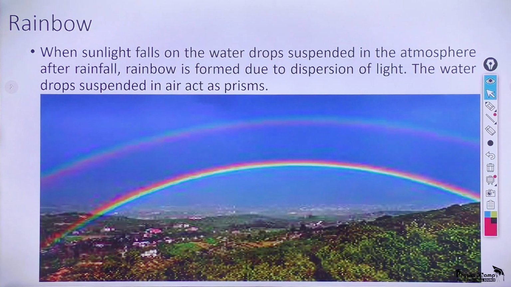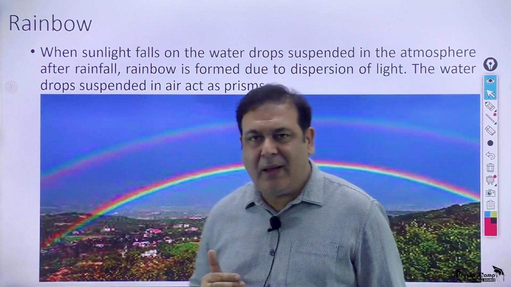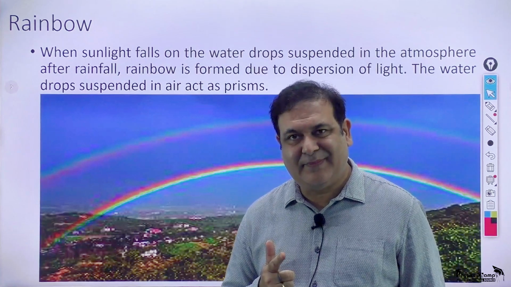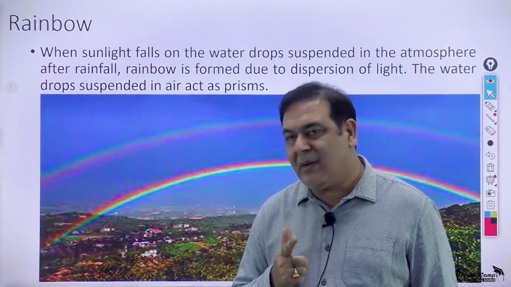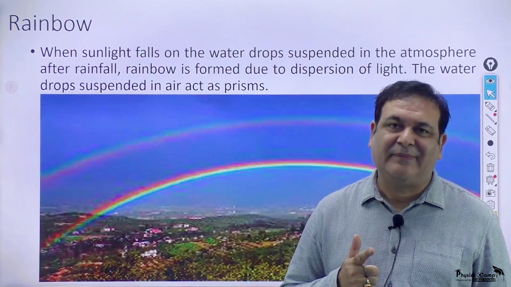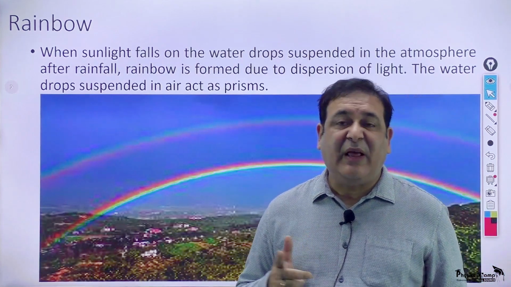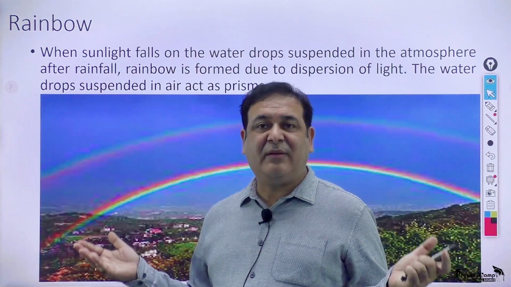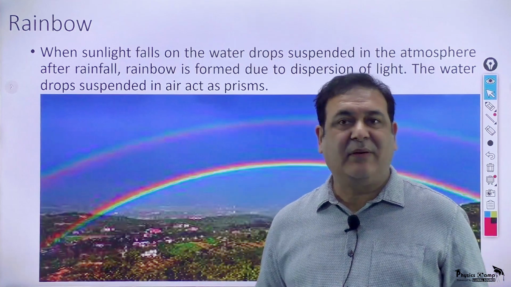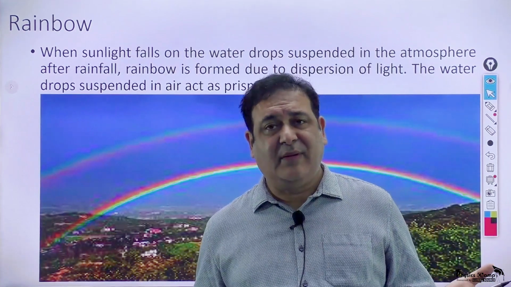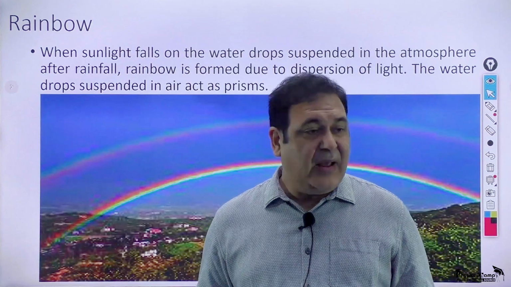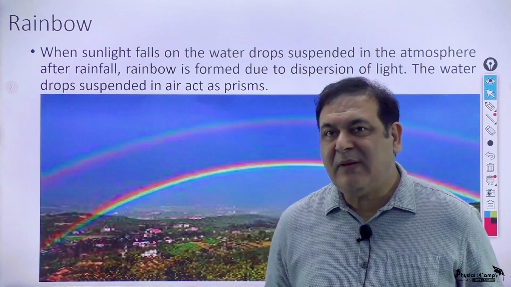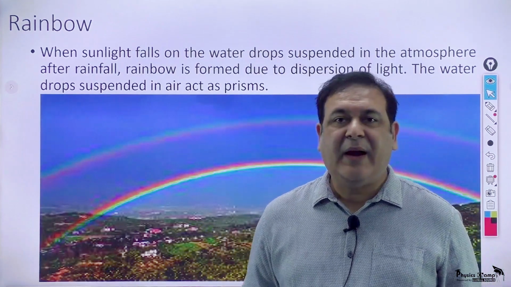So now we talk about another spectacular phenomenon which you all have observed since your childhood, that is rainbow. Now just try to recall when rainbow takes place. Is it during the daylight when there is no raining, or when there is raining and there is no sunlight, or when there is raining as well as sunlight? So your answer should be clear. It is during the time when it is raining and there is also sunlight.